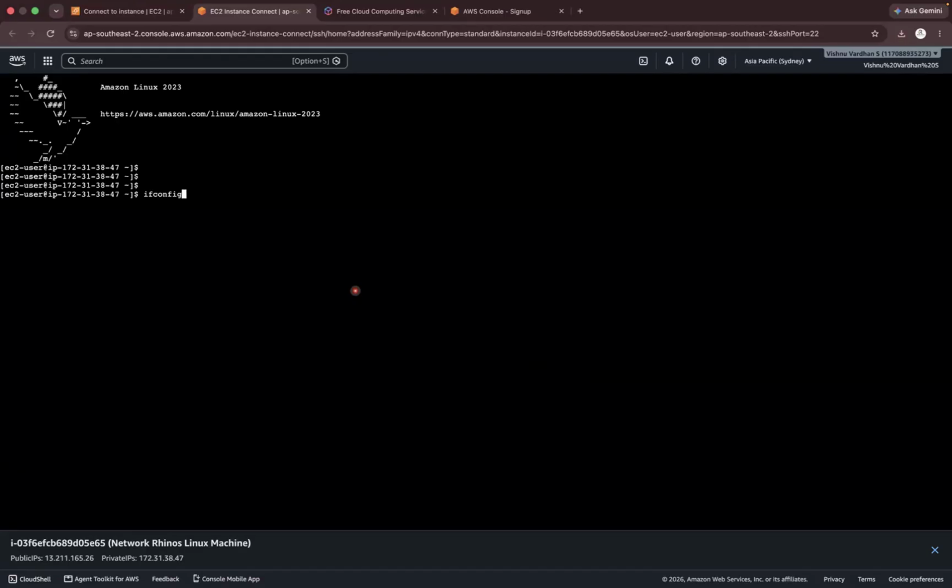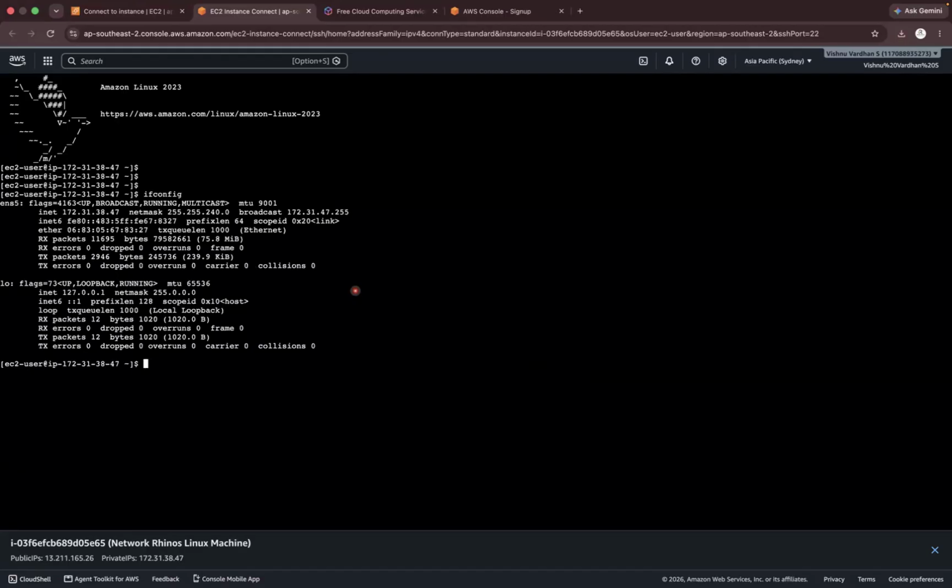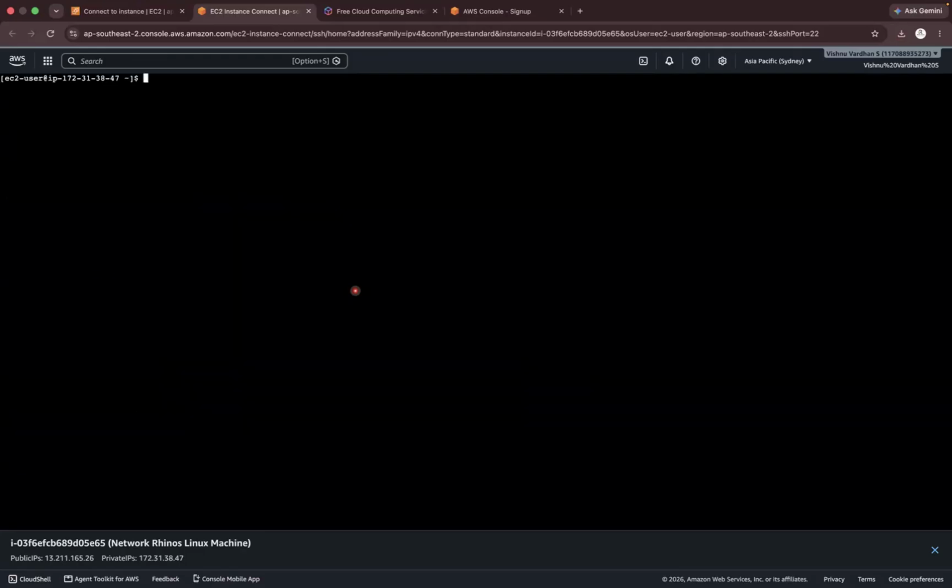So this is your Linux machine. If you're studying Red Hat Linux and want to practice something, you can use these Linux machines to practice. I can make a directory with mkdir. I can run a lot of commands on the Linux machine and make use of it. This is all about creating an EC2 machine in a few minutes.